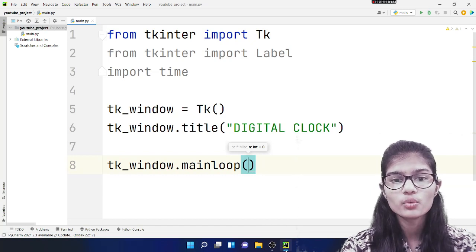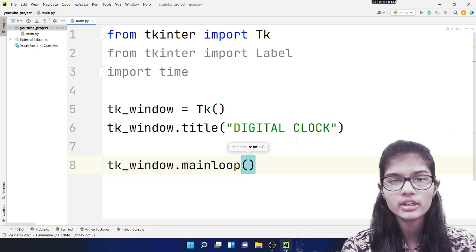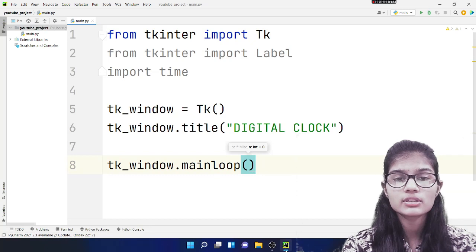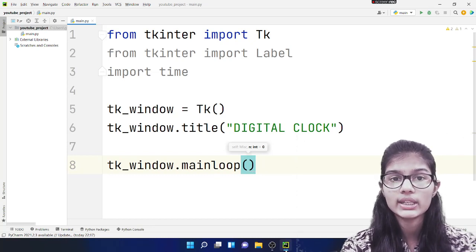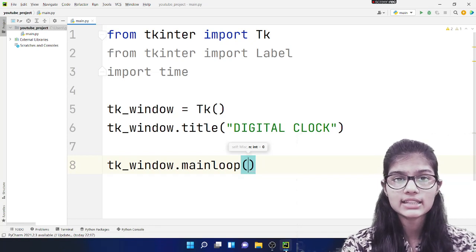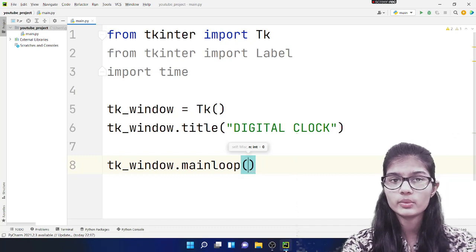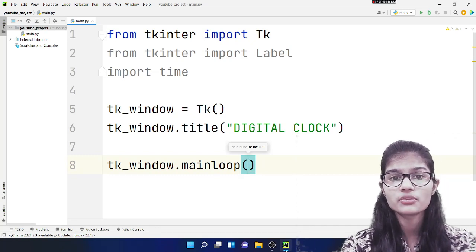Whenever we want whatever code we have written in the program to get executed, it's compulsory for us to add this mainloop function at the very last. It's really compulsory. If I don't add this, you won't be able to see your output. Hope I am clear on why it is necessary to use mainloop.